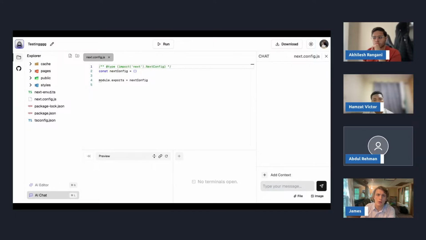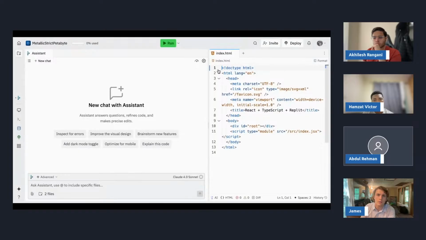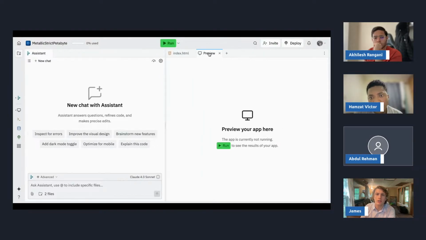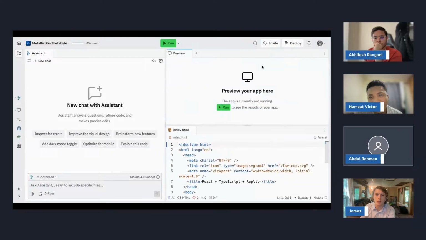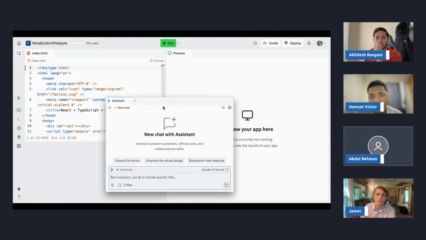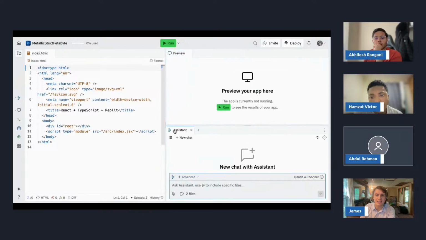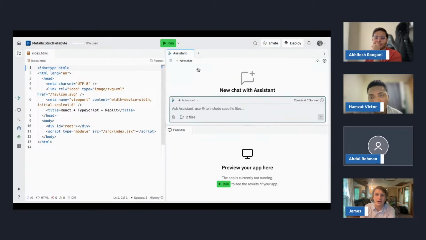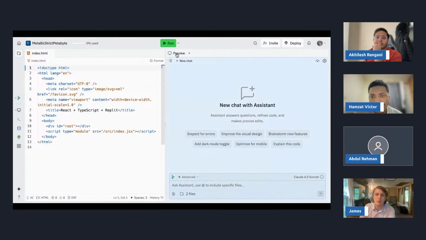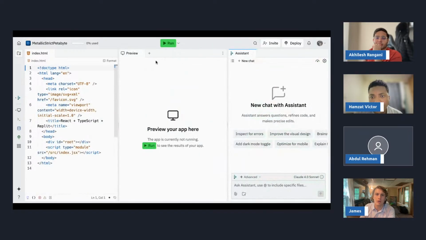If we look at what Replit does, you click on preview here, and it opens a preview here. That's kind of weird, actually, but you can really easily do this, so it's really modular. You guys have never seen this, but it makes a lot of sense if you think about it, right? It's not limiting you.